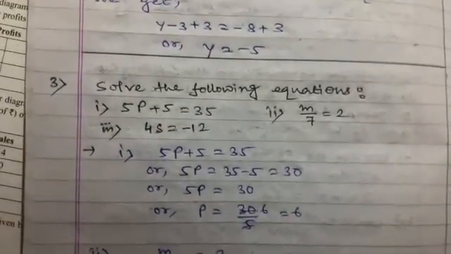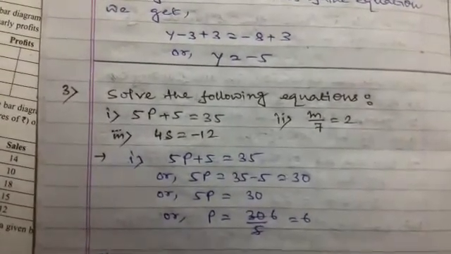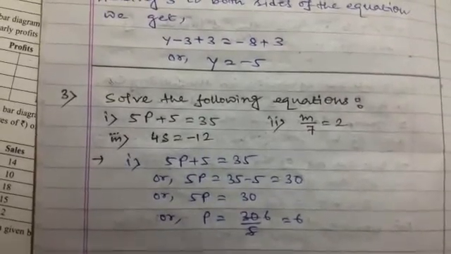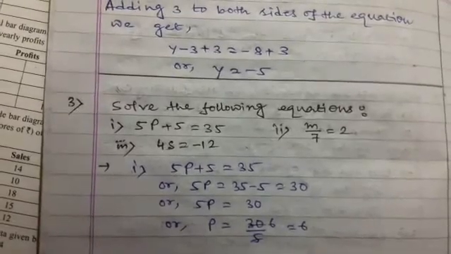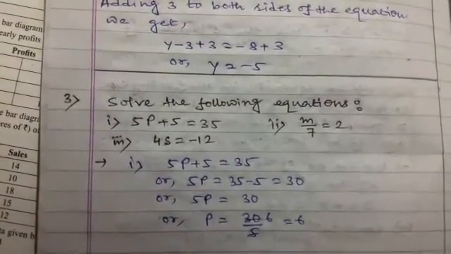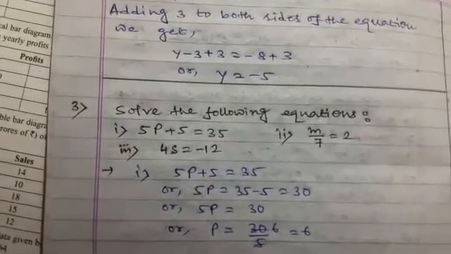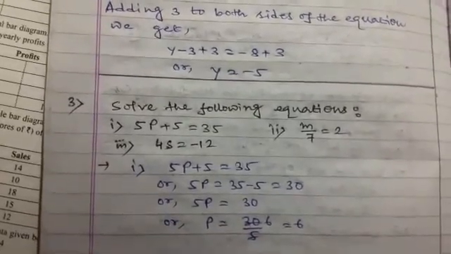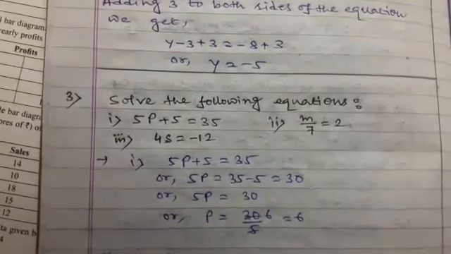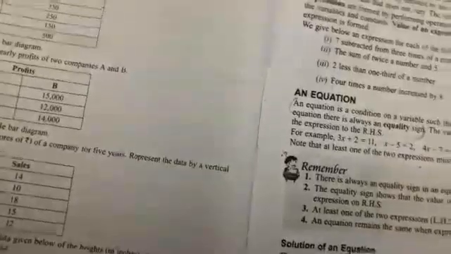First equation is 5p plus 5 equal to 35. Now you can see that in your book generally this is written in statements form, means step by step they have done, and I have also done step by step, but the difference is that they have written the steps but I have not written the steps. So it is not necessary to write the steps at all in a statements form. But in your book it is done here. So I am at first showing the book how they have done actually it.